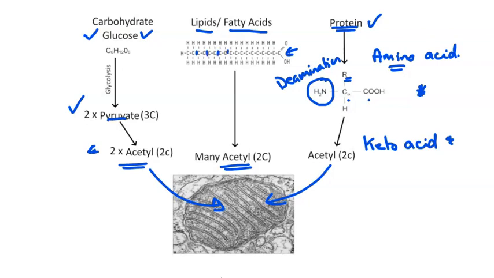So every second carbon, a bond is broken to create lots of two carbon structures, and these will become acetyl groups. And so we have many, many of these feeding into the mitochondria, and as a consequence generating far more ATP,